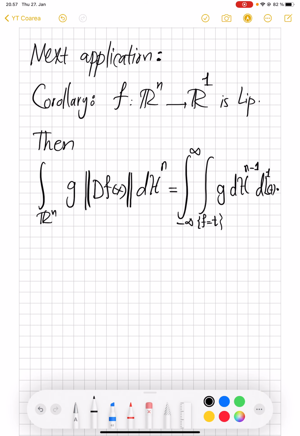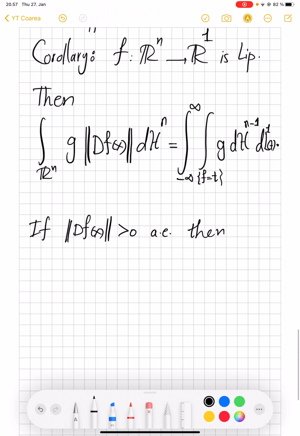One thing that follows: if this norm of df of x is positive almost everywhere, then we can just take g to be g divided by this value. g may lose being continuous, but it still is measurable. So we end up with the formula that the integral of g dHn